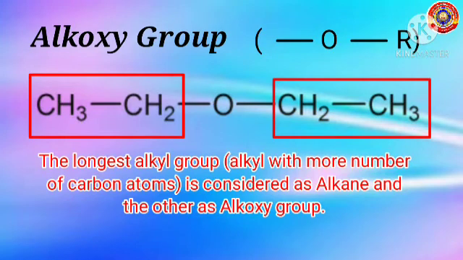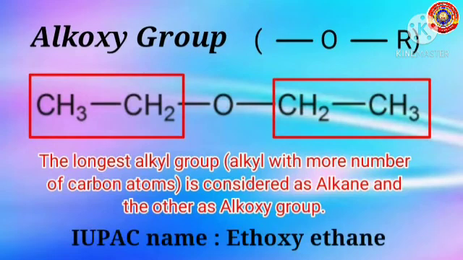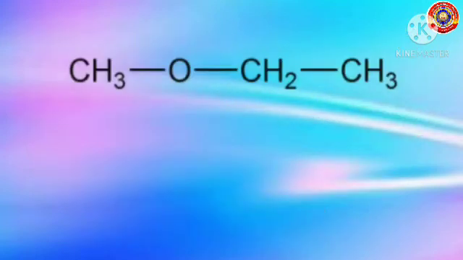Here, the number of carbon atoms on either side of the O group are equal. Hence, the alkoxy part will be ethoxy and the alkane part will be ethane. Therefore, the IUPAC name of the compound is ethoxyethane. Understood? Let us see the next compound